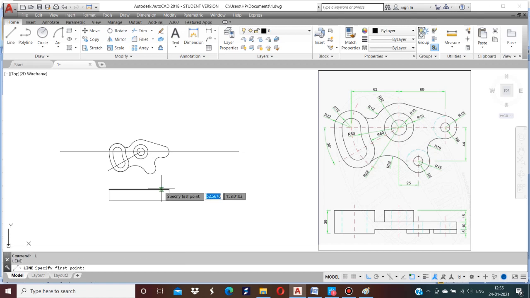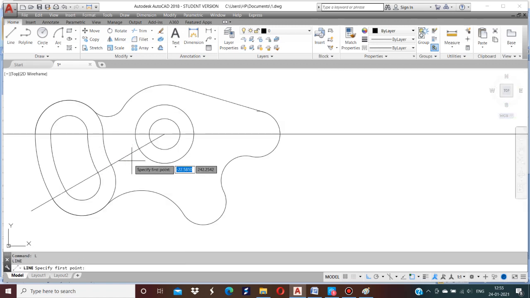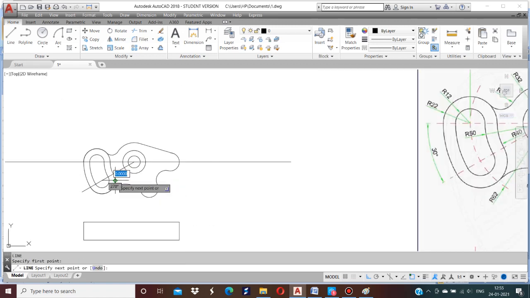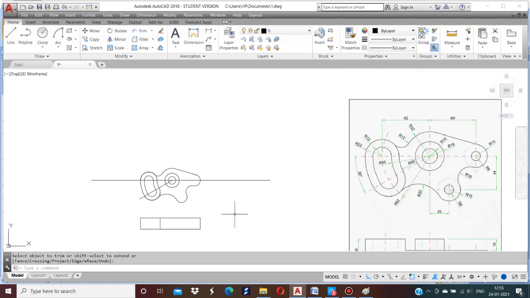Here also draw a line in this quadrant perpendicular to the side view. Then trim this line. Okay. Now draw a midline.